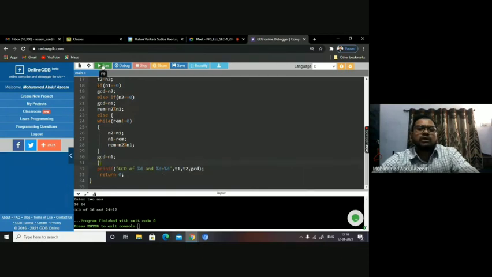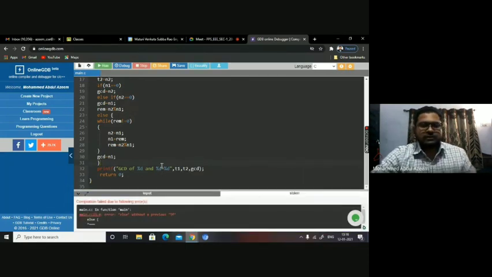Okay, now you run and then work for all possibilities. See, there is some error here, in the else block.